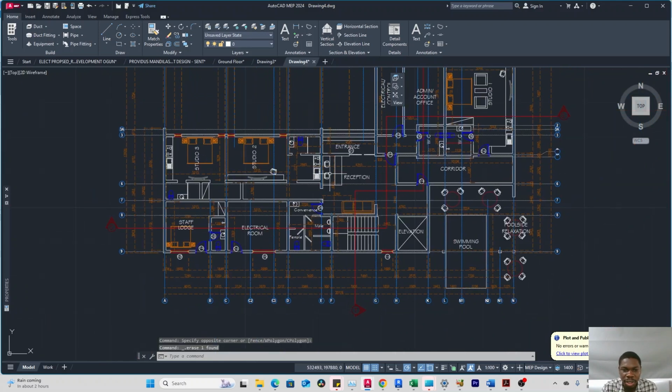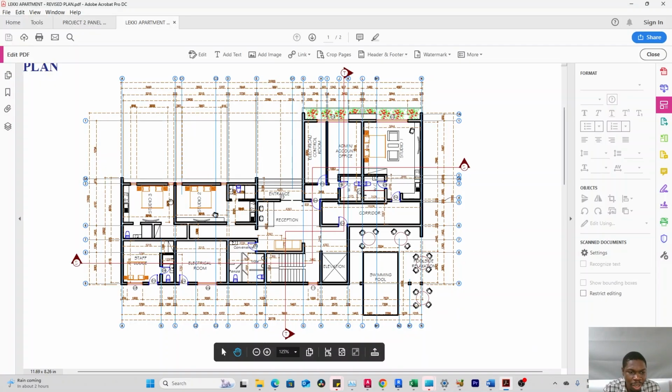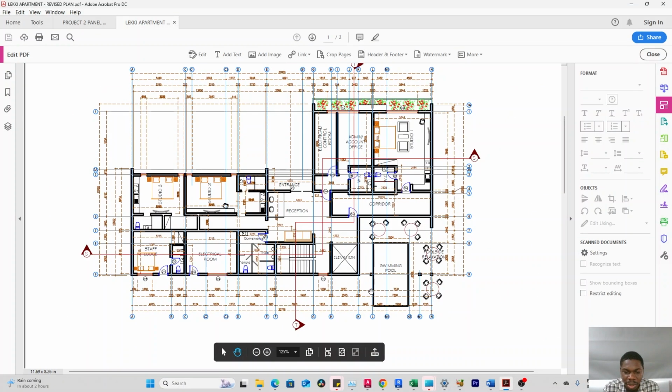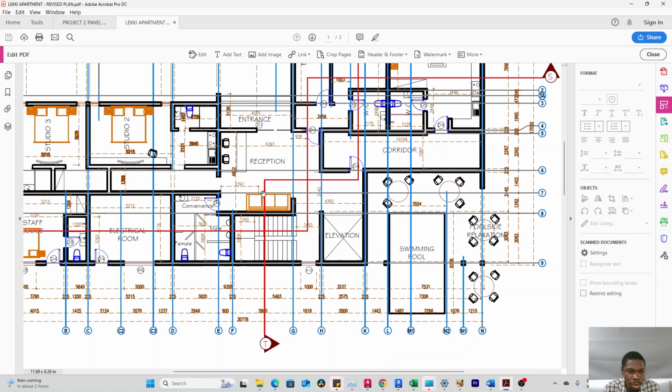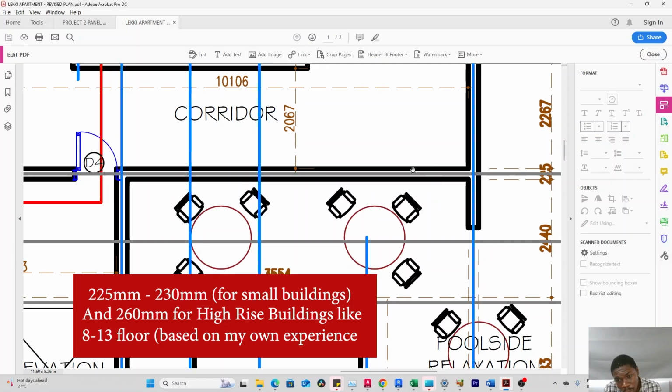Now, the big question is, what if I have a drawing and I can't find any dimension on it like this? How am I going to scale it to the exact scale of the drawing? So, customarily, the size of the block wall that is used in building normally ranges from 225 millimeter to 230 millimeter, and this stems from the fact that, okay, if we look at